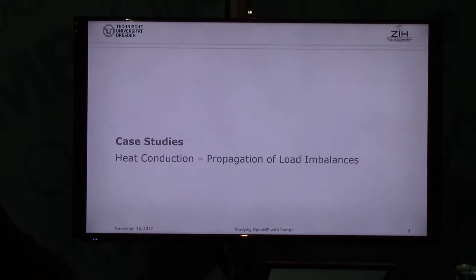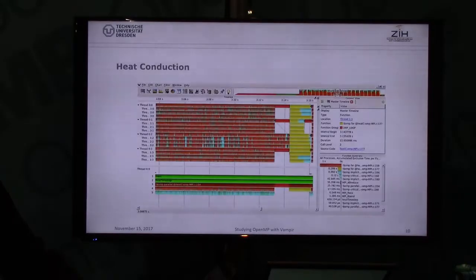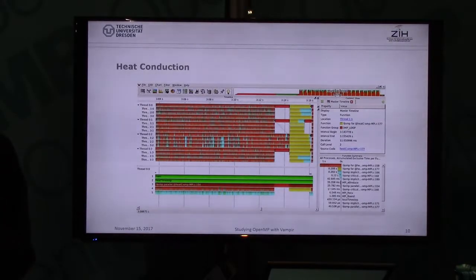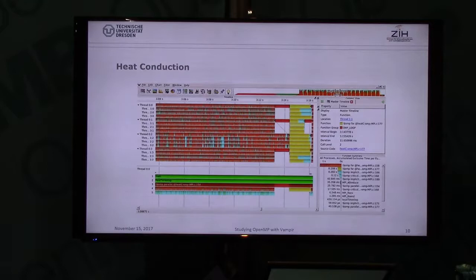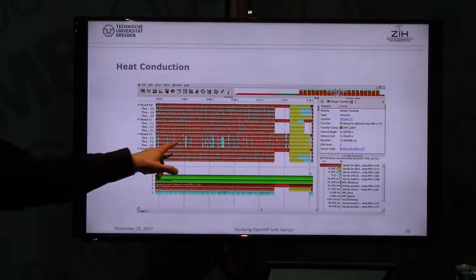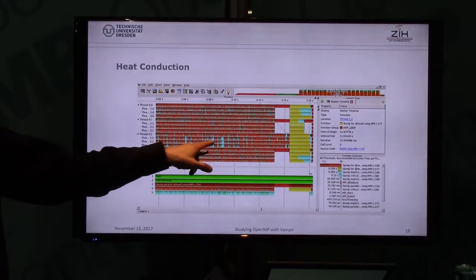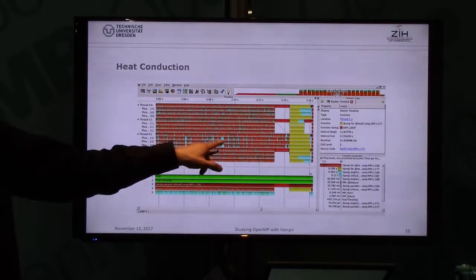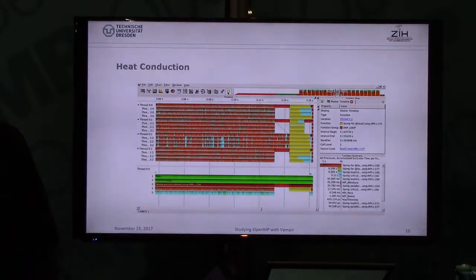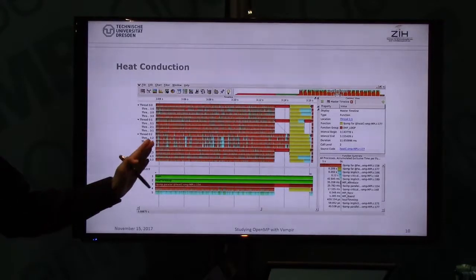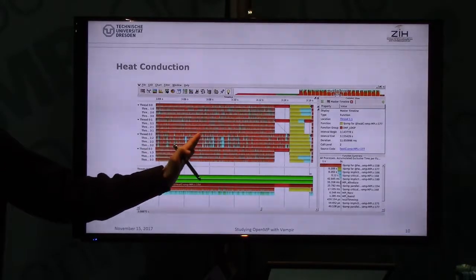But sometimes it's not that easy. So often you use a combination of multiple parallel paradigms. For example, you do not use only OpenMP, you use it in combination with MPI. And then you have a problem that you have load imbalances within the OpenMP parallel loops. You can see it here. You have, again, these blue areas indicating waiting time in the OpenMP loop. But the problem here is that this load imbalance in the OpenMP load